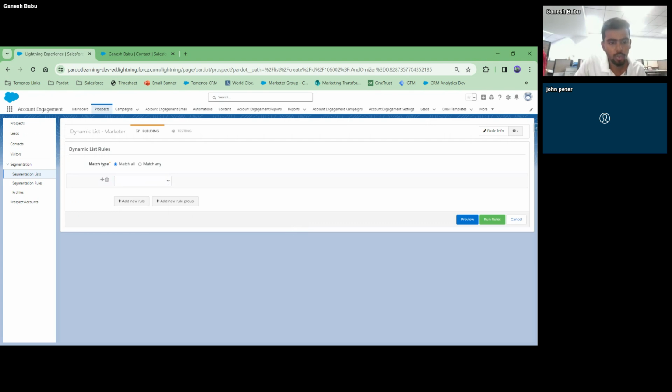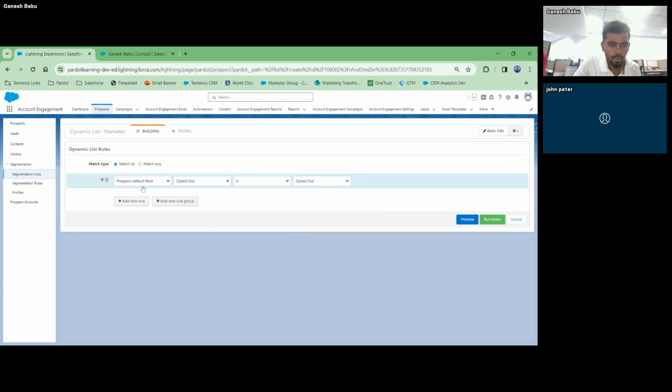So let's say, for example, from the default field, I want to find out who are all opted out, which means I want to suppress the people. I don't want these people to receive an email because it's a GDPR issue, right? So I want to suppress the people, so I want to know overall opted out from the email communications. If I run this, then I'll get all the opted out list.